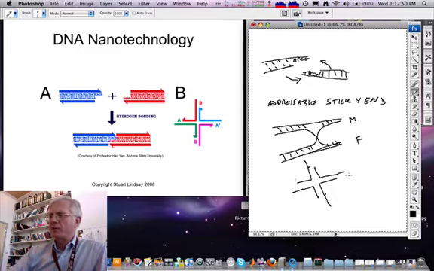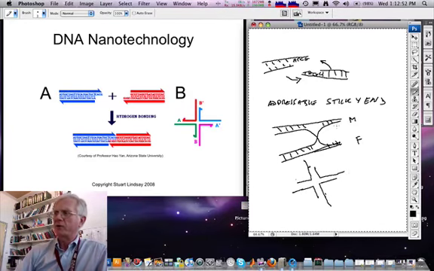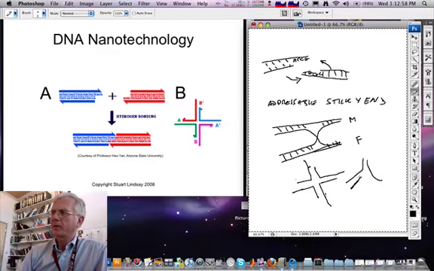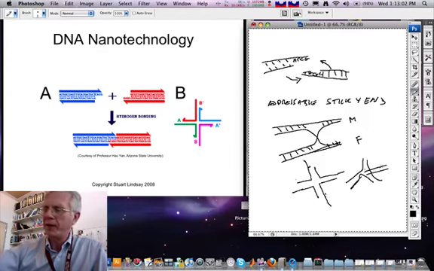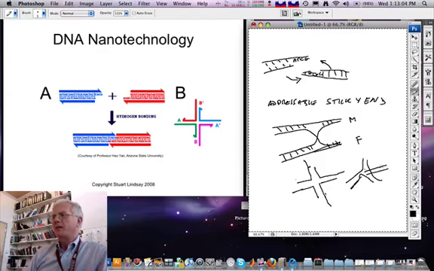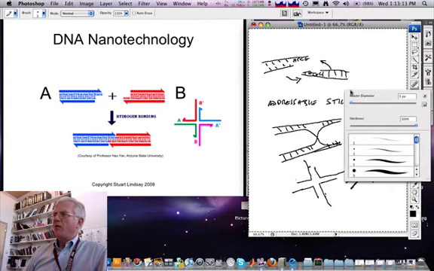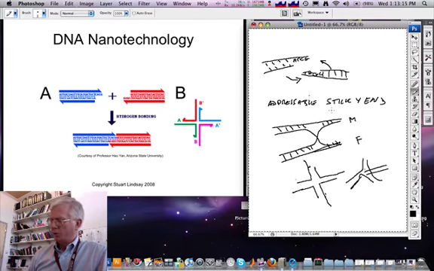And what Ned Seaman realized, the actual three-dimensional structure of this is more like the corner of a box. It does something like this. And then with the third leg sticking out here, or the fourth leg. What Ned Seaman realized is now you had modules with which you could make any desired nanostructure. The only requirement was that